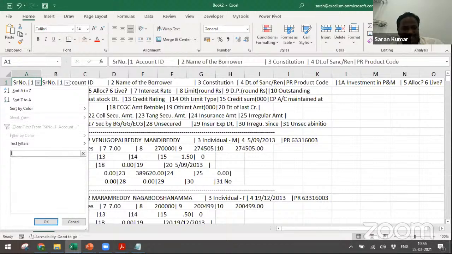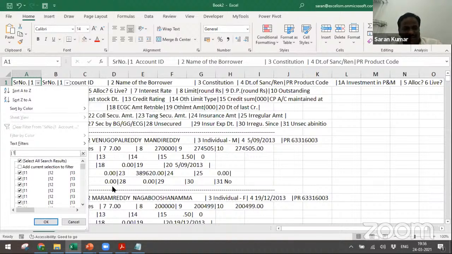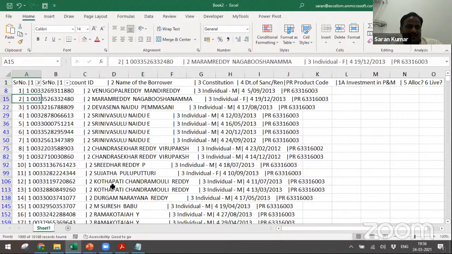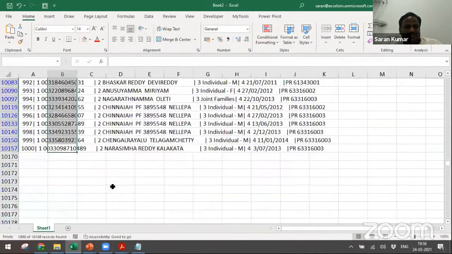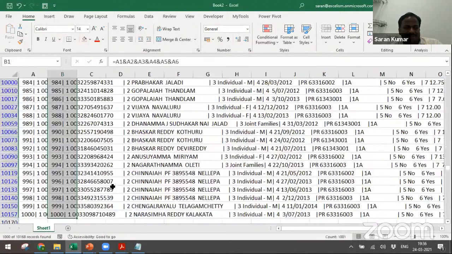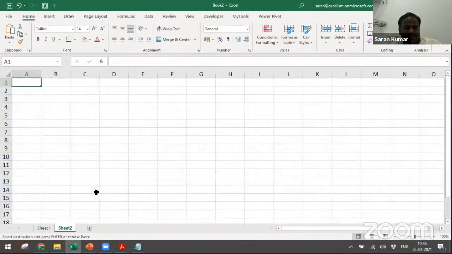Yeah, now you can take this symbol. The symbol you can find above the enter key, then space, then you can just put one, then use enter. See, all the accounts' first rows got highlighted. Now copy this, then you can just copy and paste below. Then you copy this entire data, go here, and use Control paste special values.